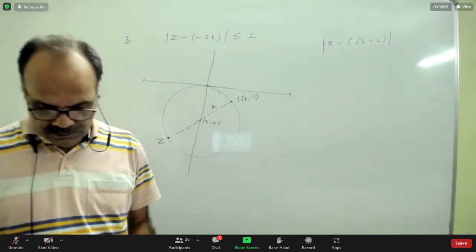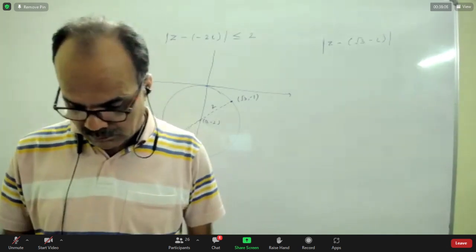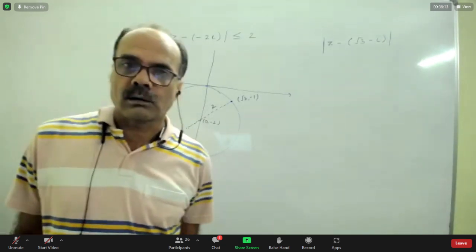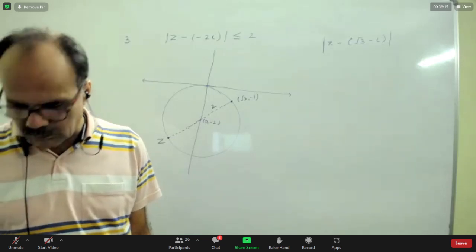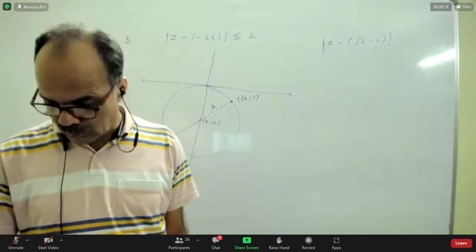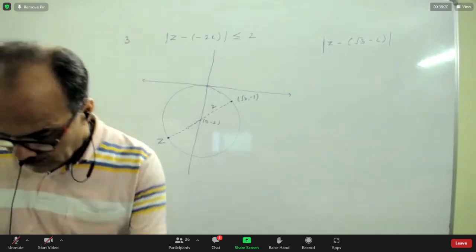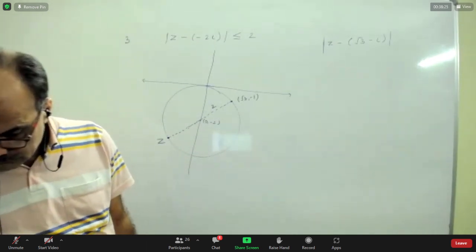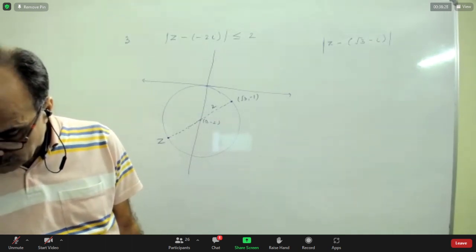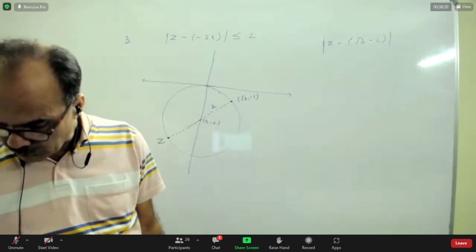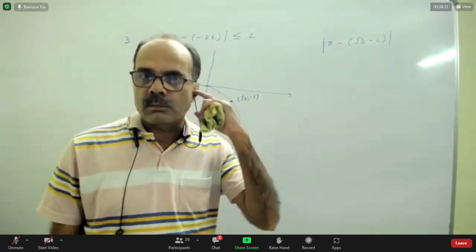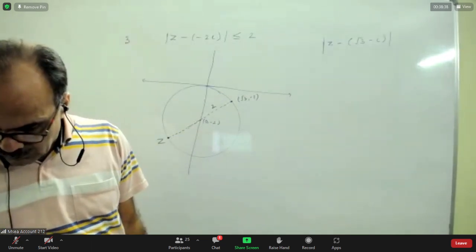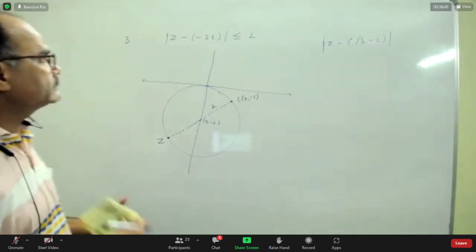A similar question we have discussed, that contradiction method. Contradiction method: let all the roots lie inside the circle, mod z equal to 2/3. Let all the roots of the equation lie inside the circle mod z equal to 2/3, the distance of the roots from origin. So in the option they have given 2/3, so we'll take help of that.